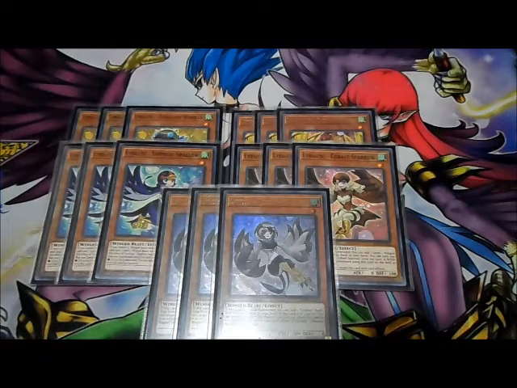Also, as long as it's in the graveyard, you can select one of your Xyz monsters that has lyrical in the name, and it attaches this card to it. So it gives it automatically a free attached material. So if you have Nightingale in the field, it'll give it 200 more power, and another chance to attack your opponent directly, seeing as though Nightingale has a nice little